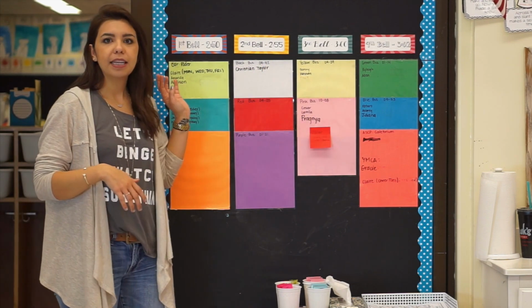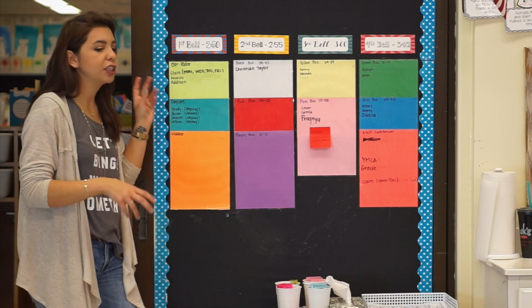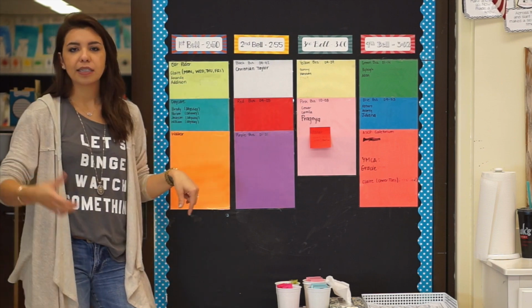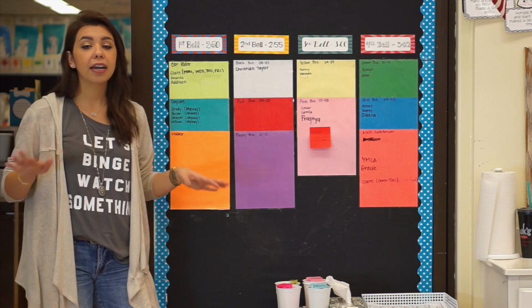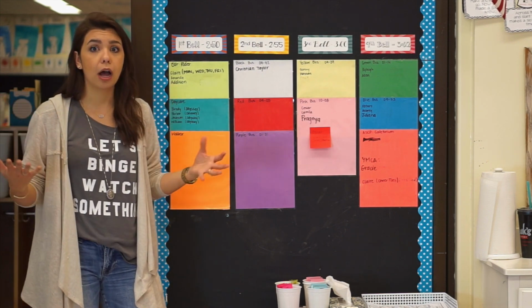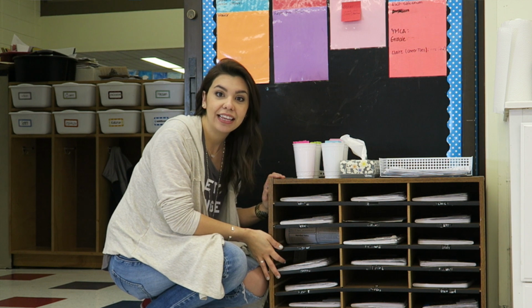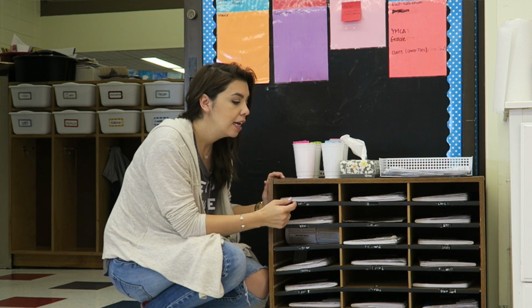So I dismiss them here. My kids will line up. I'll say, all right, first bell, line up. And then I can just say their names and they walk out as they go. This is just a very nice way for me to feel really confident about how my kids are going home. Down underneath at the bottom, I have my mailboxes, and this is where my kids will put their